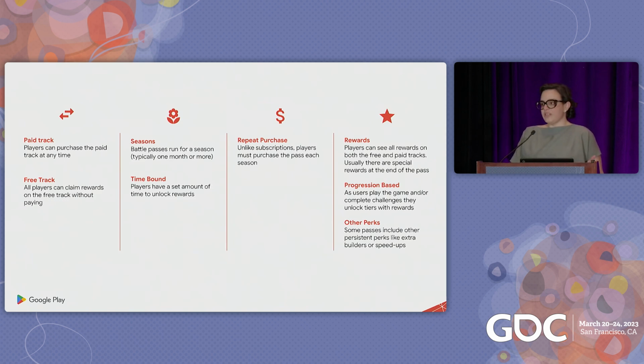You can use, for example, special items if the user has bought the paid track. In that way, it's just something special for them, but it's not necessarily something that makes the play easier. And also, make sure that during that time, you have enough bonuses to keep it rewarding. So you don't want players to come to the season and then just extract all of the value at the beginning of the season. So you have to keep rewarding them, keeping them engaged